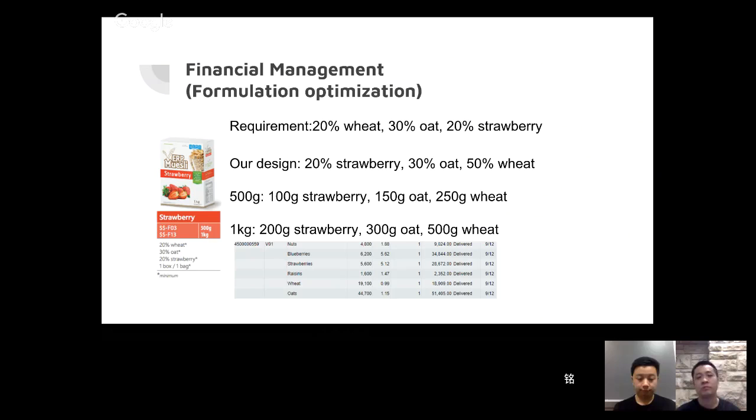So for our design, we set the minimum strawberry to 20% and oat to 30%, and the maximum percent for weight, which is 50%. So a 500 gram product includes 100 gram strawberry, 150 gram oat, and 250 gram weight, and the 1 kilogram product includes 200 gram strawberry, 300 gram oat, and 500 gram weight. This is a good way to maximize our profit and minimize our costs. We're trying to increase our profit this way, and when the stock is under 2,000, we can change the product